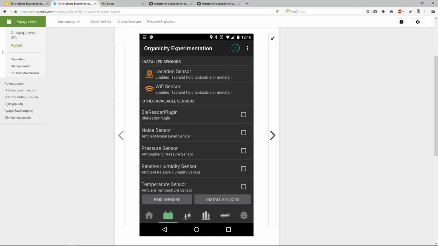Yes. So this is a sort of, let's say, privacy feature. When we break up the functionality of the experiment into separate plugins, we allow the participants to see what is being done with the experiment downloaded into their smartphone. So if they see that they can enable the different kinds of plugins,